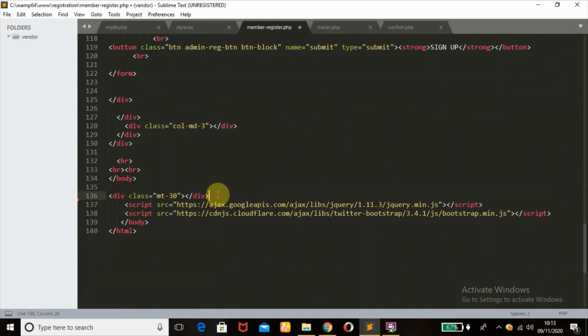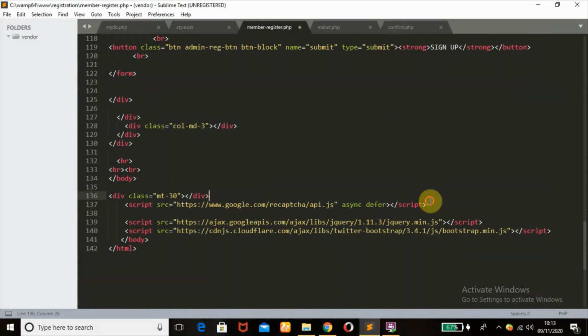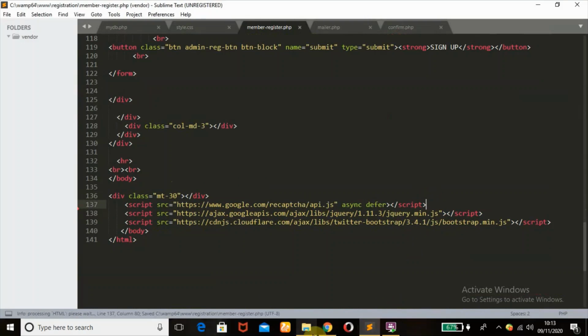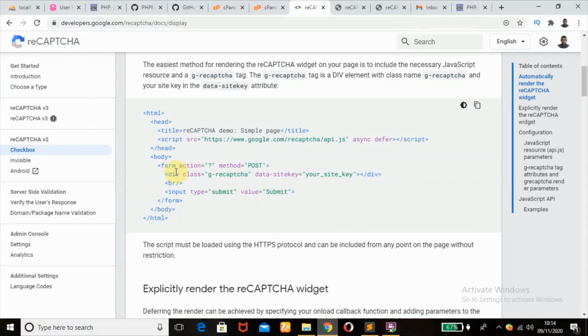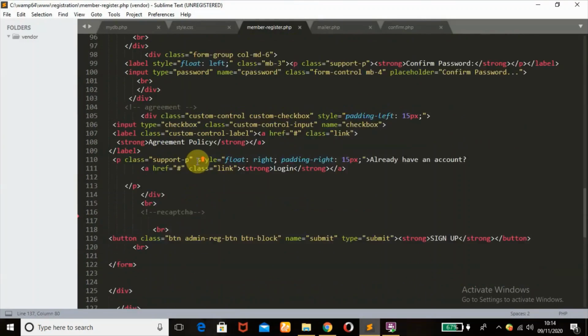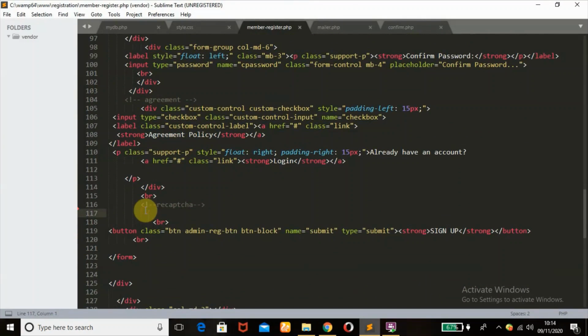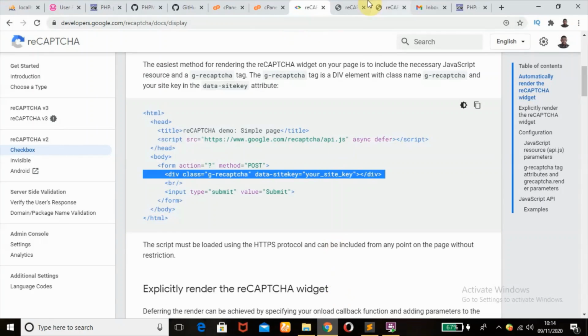So we'll be needing that. We'll copy that right there. As well, we're going to be needing this reCAPTCHA class in our form. So I'm going to paste it just right here where I just commented. Remember, we need to add our site key. So in order to get our site key,